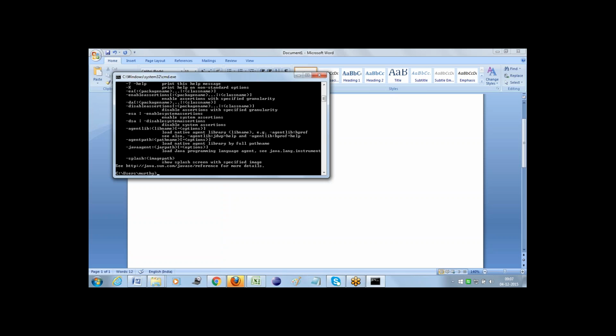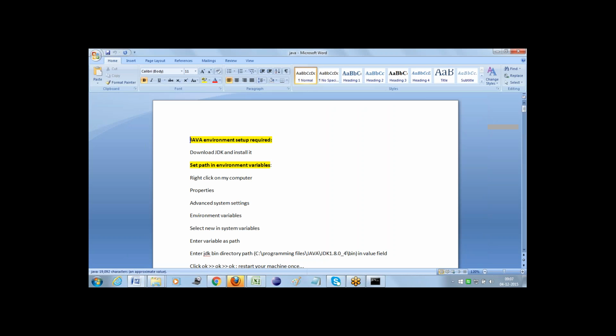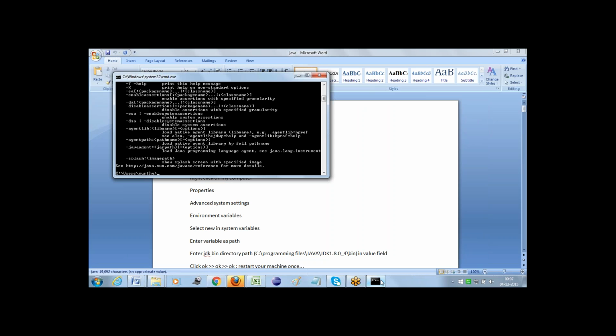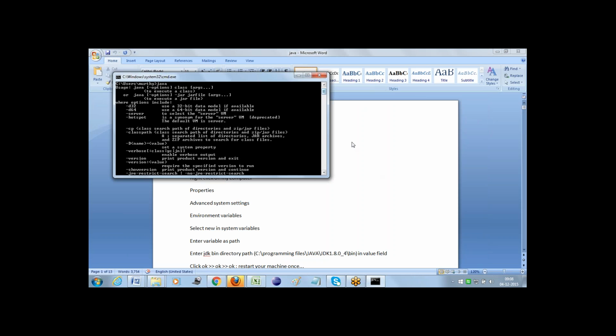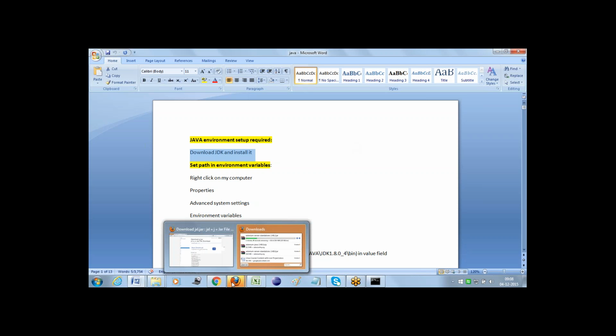When you perform the enter operation, if the message "Java is not recognized as an internal or external command" is displayed, it means Java is not yet installed. We need to install Java in our machine. If it displays information like the version information, we can confirm that Java was successfully installed. So if Java was not installed, we need to download a JDK and install it.